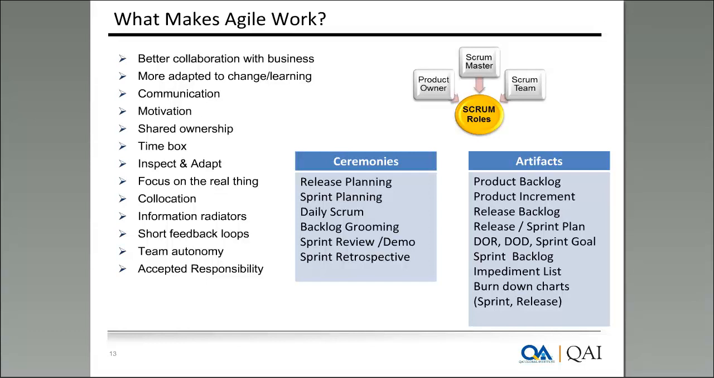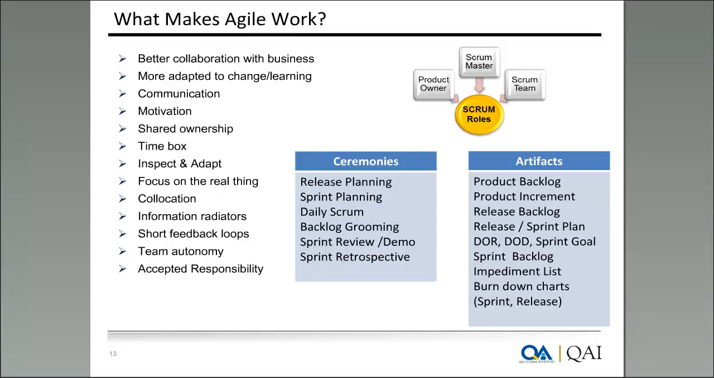We have the Scrum Master role, the Product Owner role, and the Scrum Team role. These are the three roles defined in the Scrum methods, along with a set of ceremonies or events, whatever you want to call them: release planning, sprint planning, daily Scrum, backlog grooming, the sprint review, demos, and the